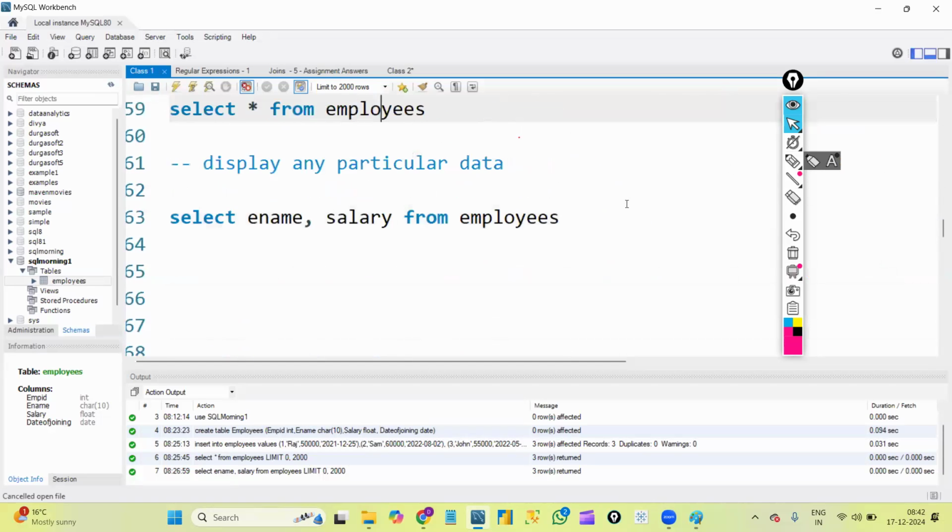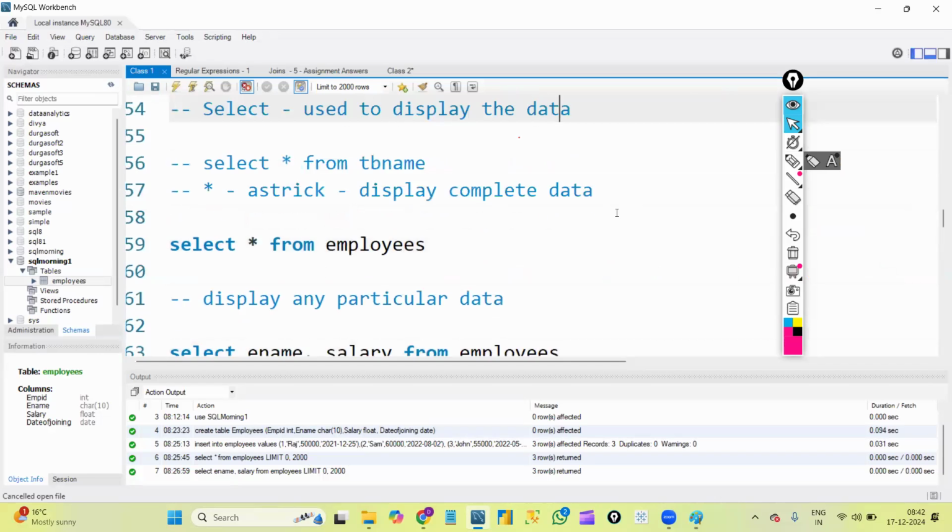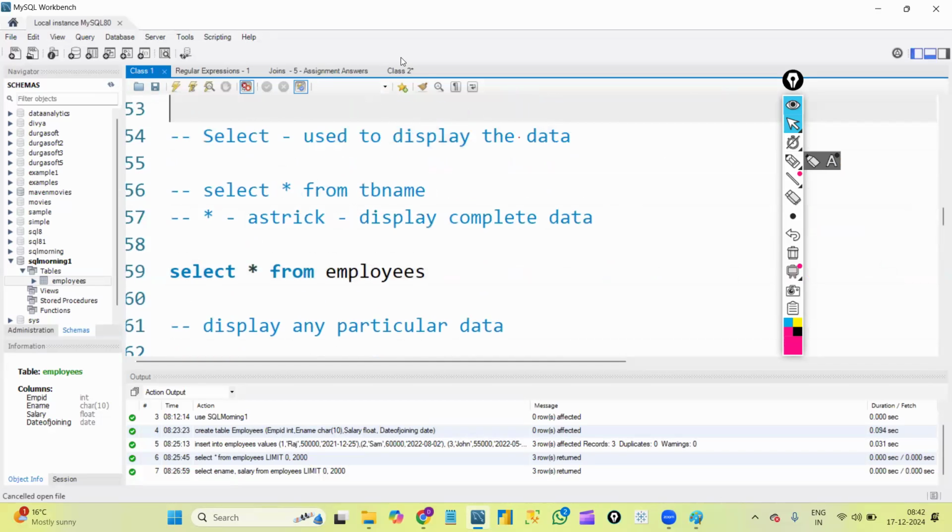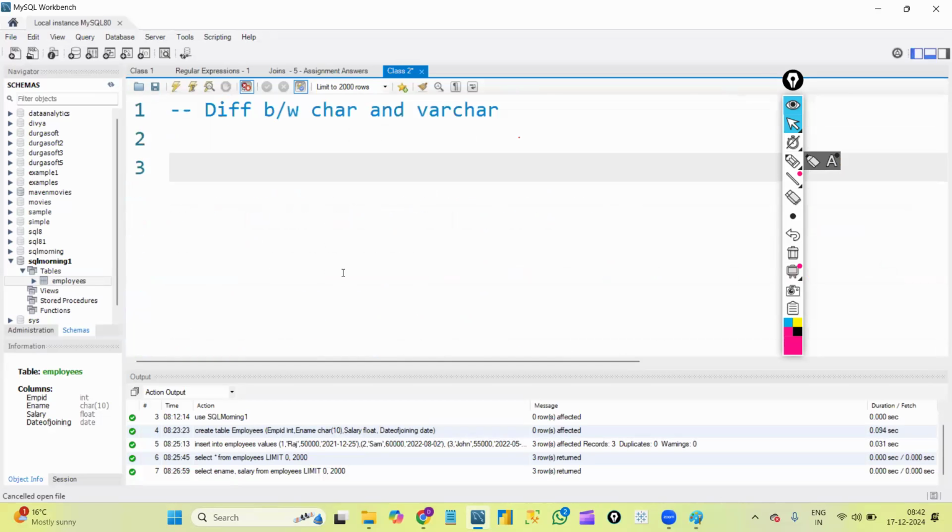Perfect. So with this, we are done with understanding how to create database, activating database, creating tables, inserting data, displaying data, and the difference between char and varchar. Okay. So our next concept is